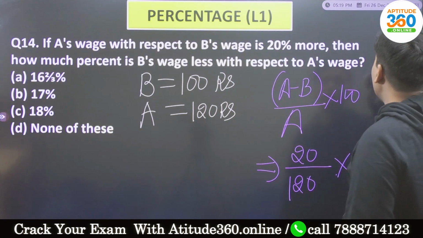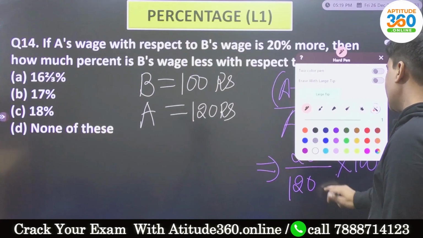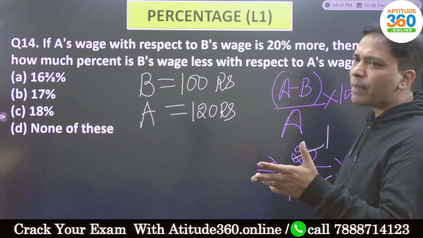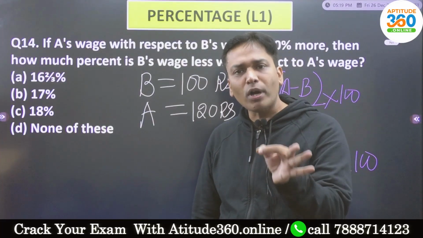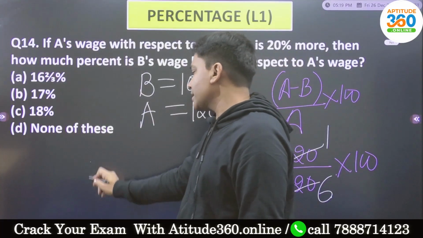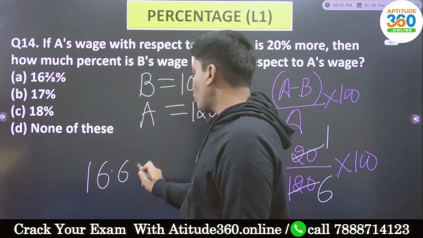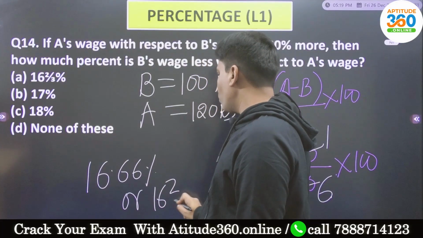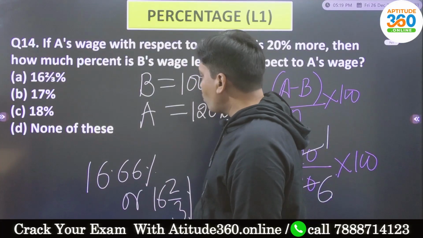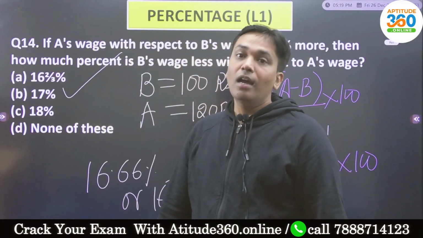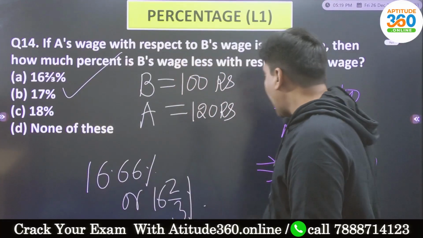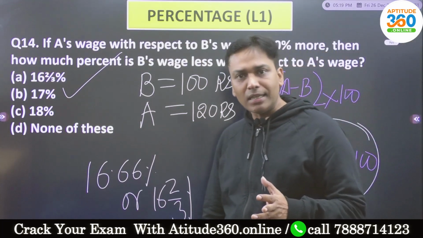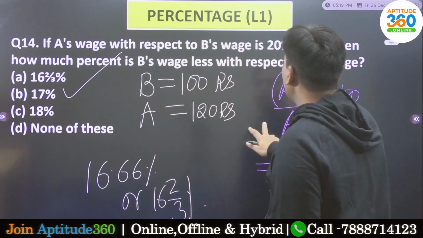And what is that you have learned in the fraction video lesson of percentage? It is 1 by 6. The moment you see 1 by 6, it should be 16.66%, isn't it? It should either be 16.66% or it should be 16 2 by 3%. So over here, what is the right answer? This one. अगर आप यहां पे भी अगर आप 20, 30, 40 सेकंड बचा जाओ तो अच्छा ही है ना भाई, isn't it? Now, moving forward.